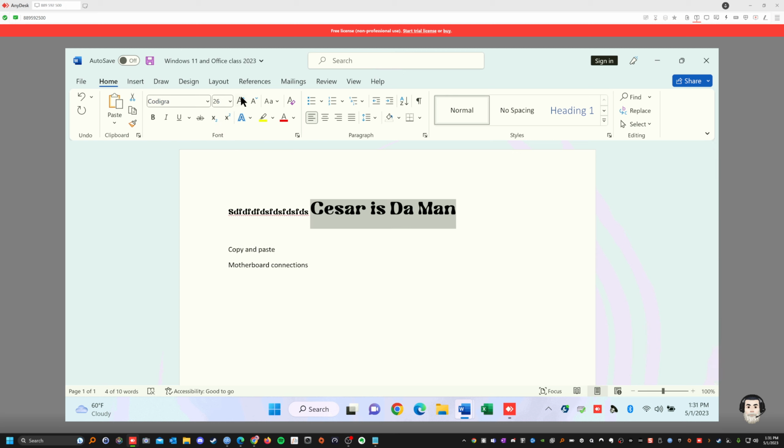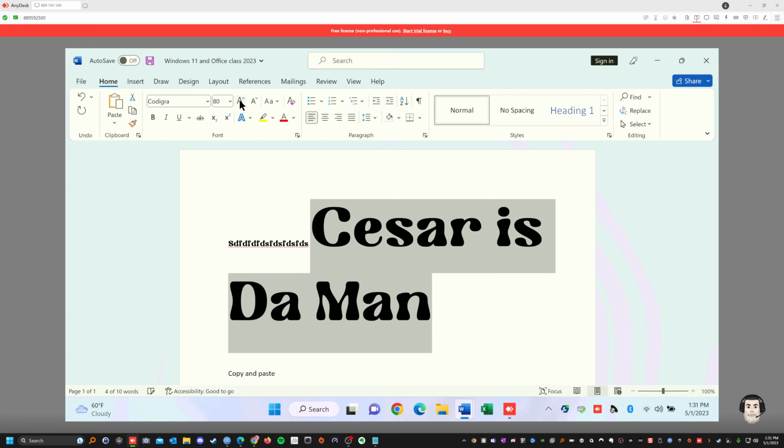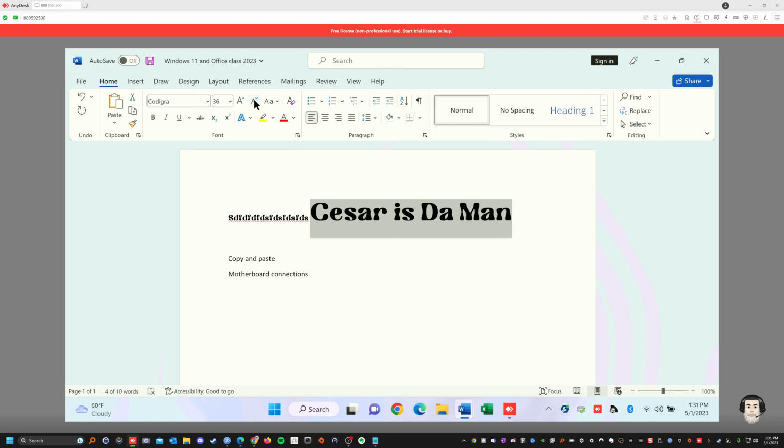And also, instead of going into this thing, Control-Shift-P, that's a shortcut, Control-Shift-P to increase the font, right? But in this case, if you want to do it quicker, you could just click on the A, and then it makes it bigger. See that? Or if you want to reduce the font size, you click on the next one, decrease font size, right there on the side. So you reduce it, right?